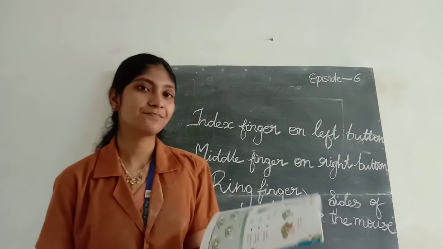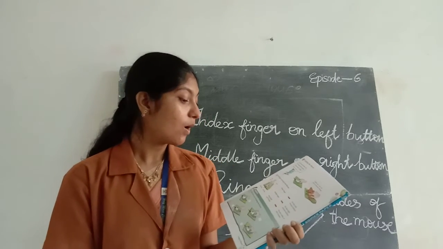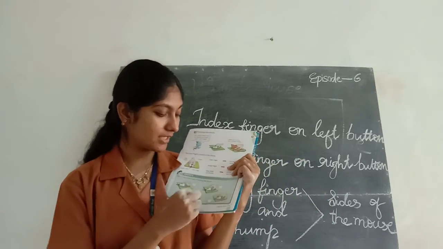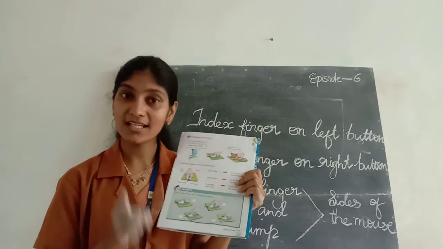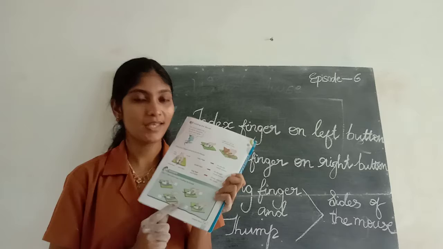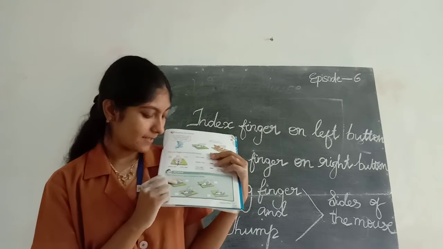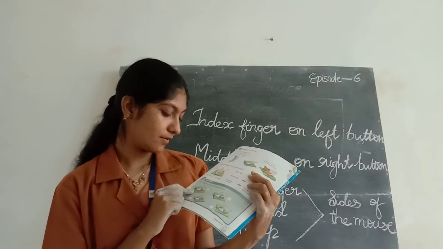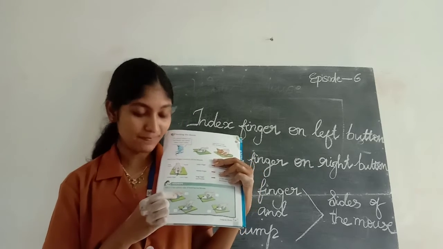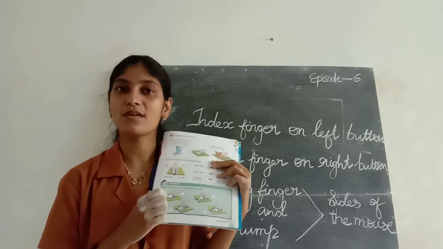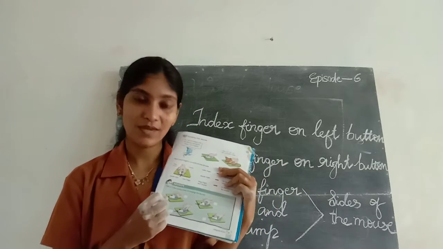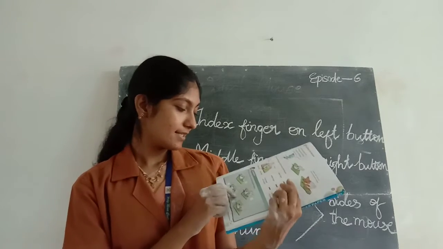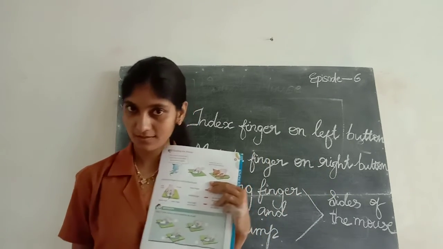So, activity: pick the correct way of holding the mouse. First there are 1, 2, 3, 4 pictures. You have to select which is the correct way to hold the mouse. First one, he is pressing the mouse at two button positions on the surface of the mouse. He is placing his hand on the surface of the mouse. Is it the correct way of holding the mouse? No, this is wrong.